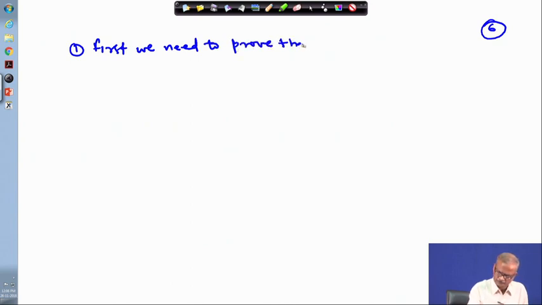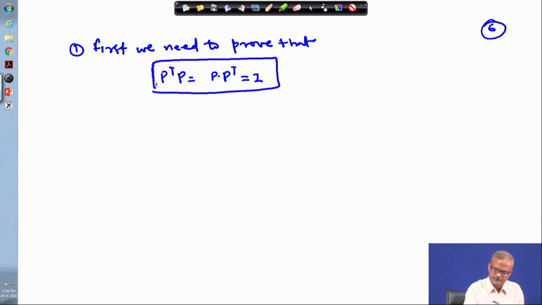So, first we need to prove that P transpose P equals P P transpose equals I. This is the first requirement that we have to do. P, we have already assumed a particular form of P. So, P transpose P,